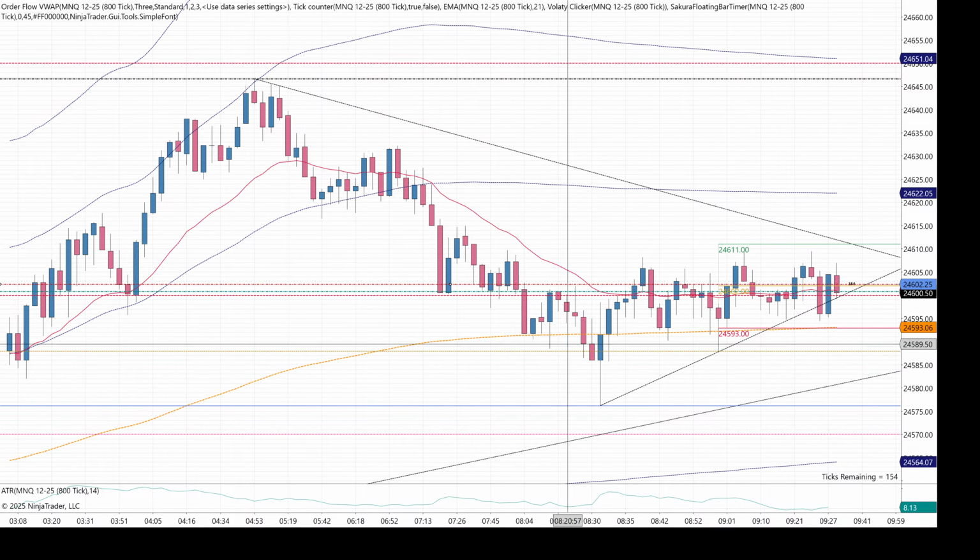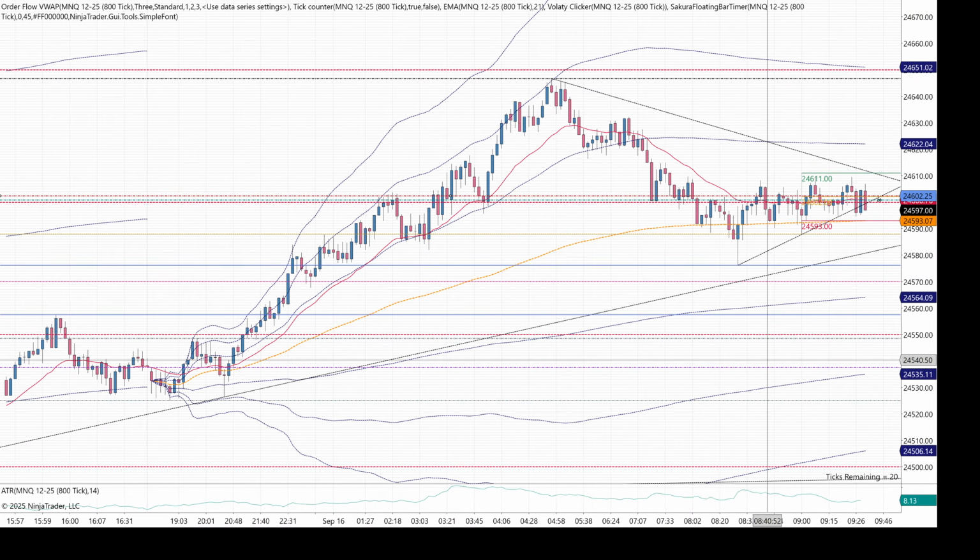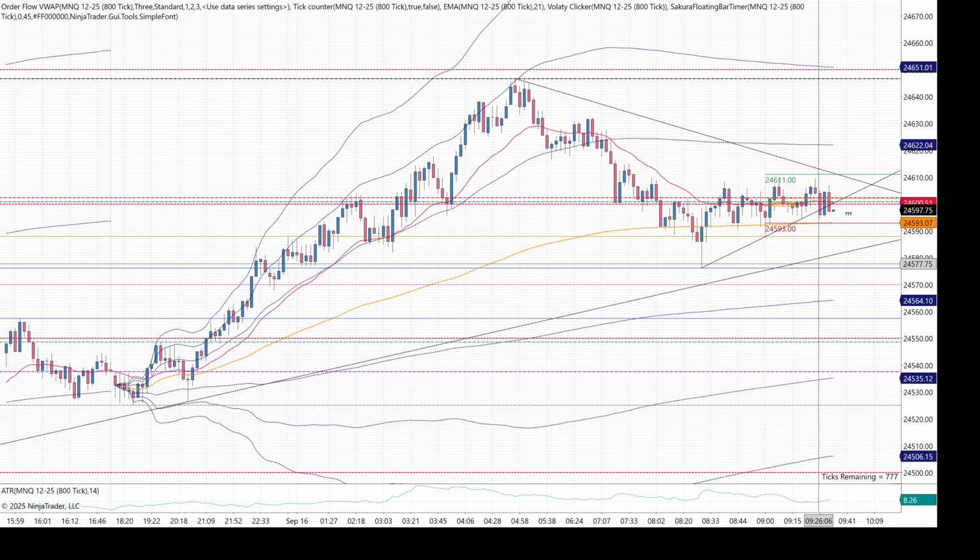You can also see we're kind of fighting here at 600. 600 is a level. We did make brand new all-time highs overnight. So for the game plan this morning, we're kind of in the middle. We can either go up and retest the all-time highs, or we can go down and fill the gap. The gap is this dotted gray line.